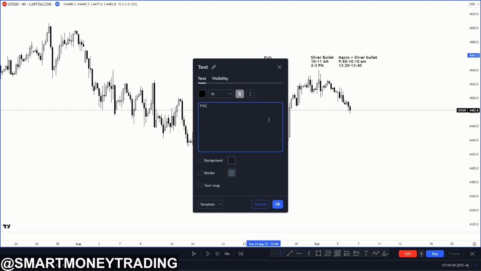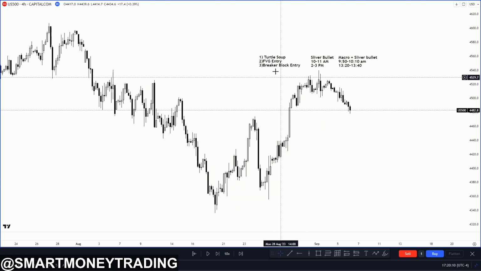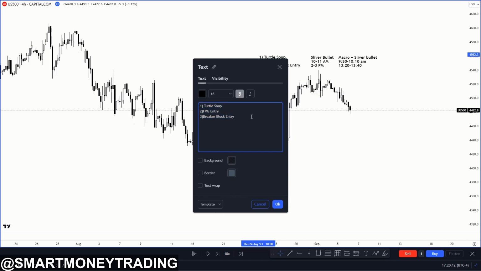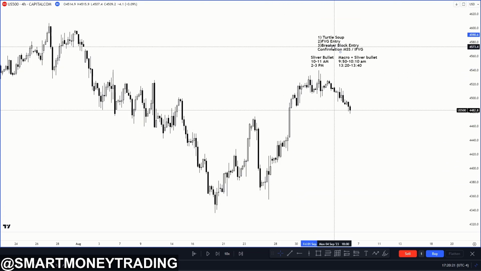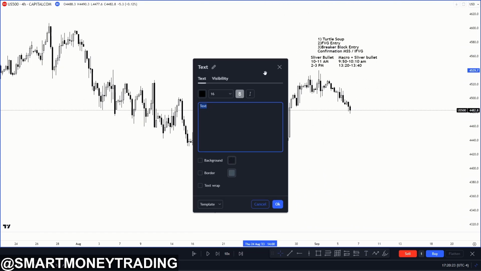And for Silver Bullet, you're going to want to look for a fair value gap entry. So number 1, you're going to want to look for a turtle soup for me. Number 2, fair value gap entry. Number 3, a breaker block entry. Those are the only things I use for entries. And of course, you're going to need what's the most important thing: confirmation, market structure shift, or market structure shift / inversion. So yeah, and then to get to that area, you're going to want to use the 4-hour or